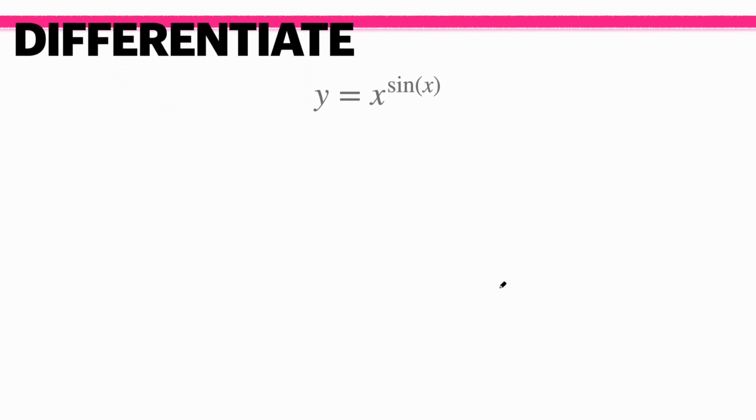We're going to do the same thing, except in this case with a trig function. So go ahead and pause the video, attempt to do the problem, and then hit resume to see the answer. Okay, we're going to take the natural log of both sides. Again, why? Because the function is in the exponent. FYI, take the natural log